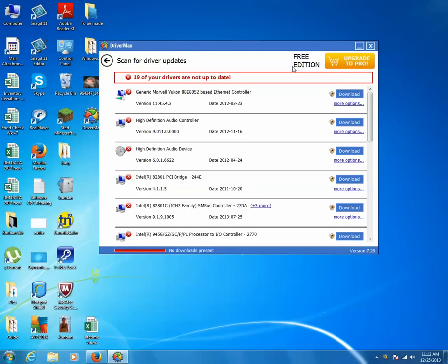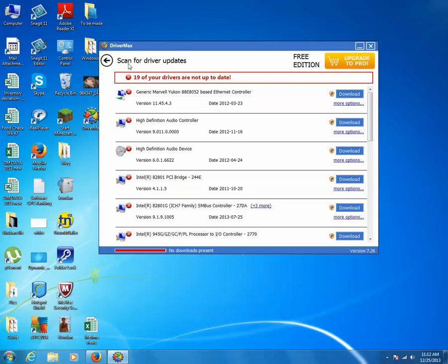And the next thing is, when you are using Driver Max, at first you need to create an account in Driver Max, and you can create that using any email address. So one trick for using Driver Max is, if you have 2 or 3 email addresses, make accounts using all of them, so that you can download more than 1 driver in a day.